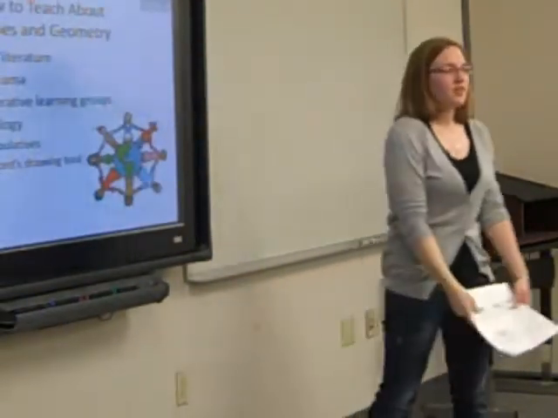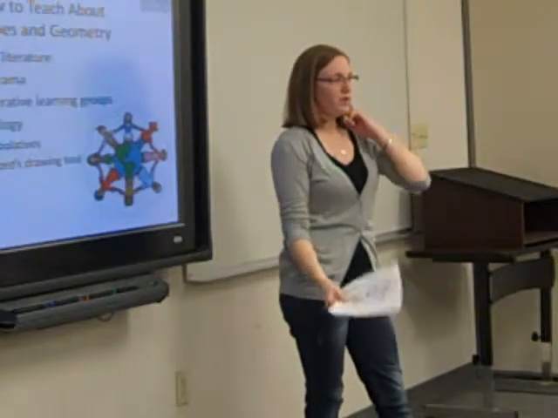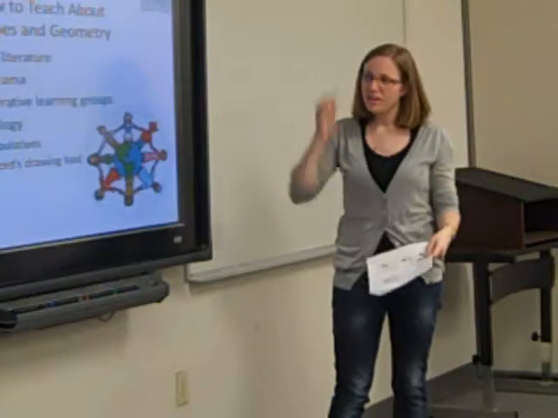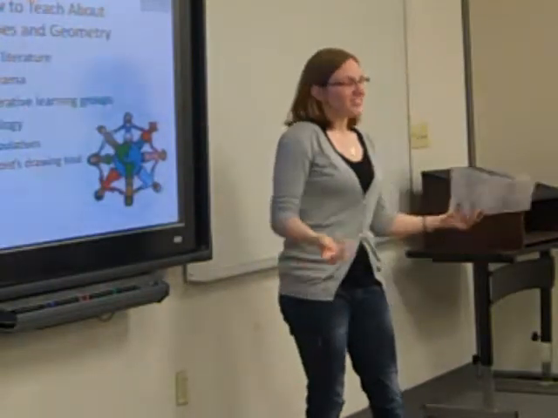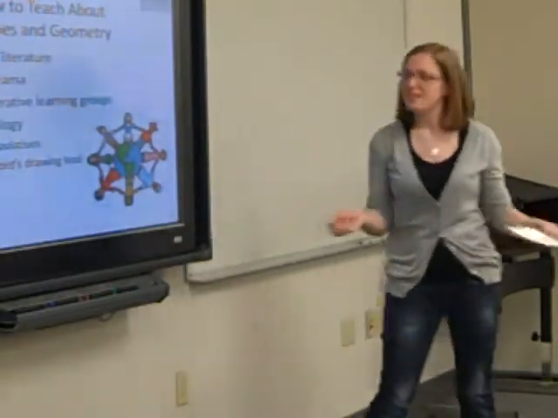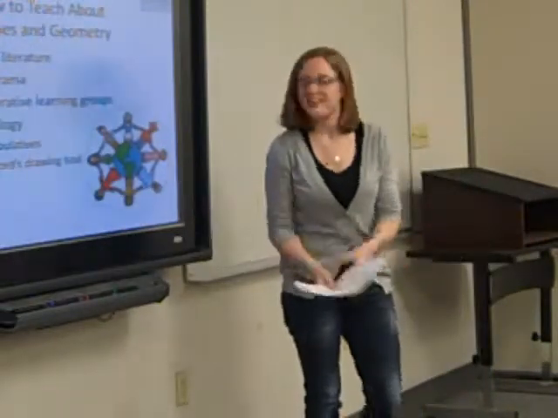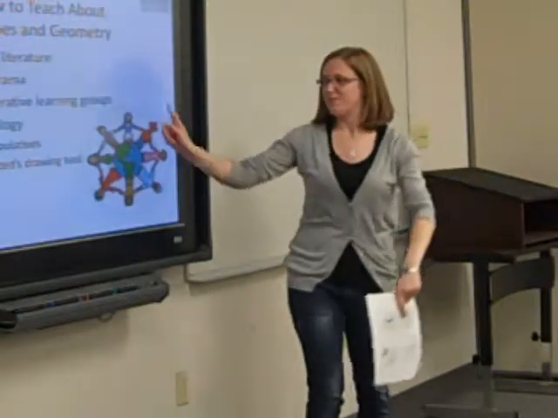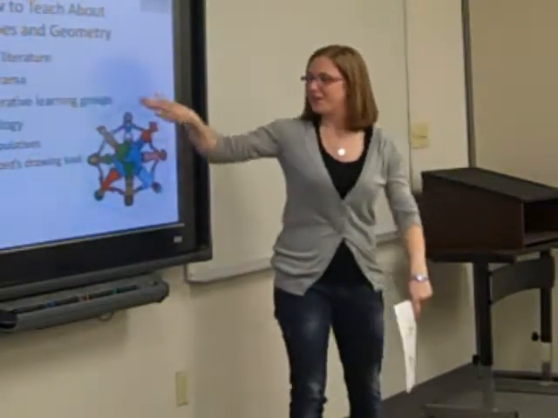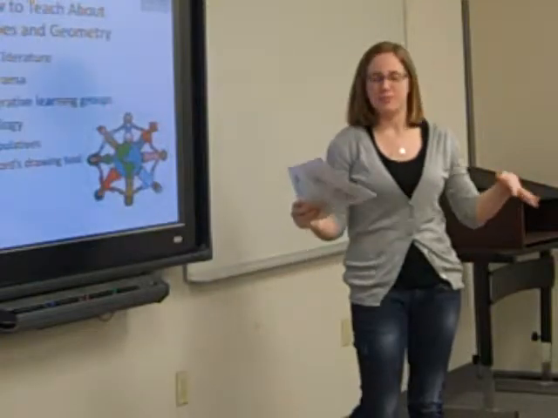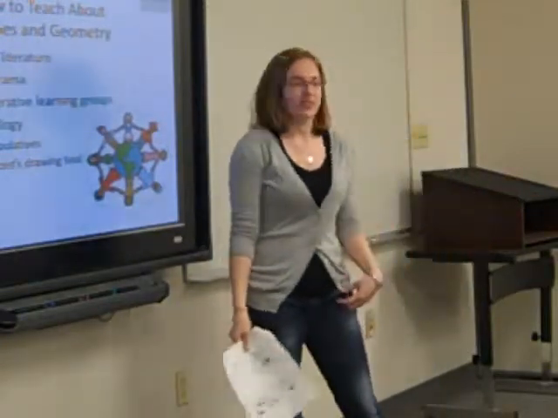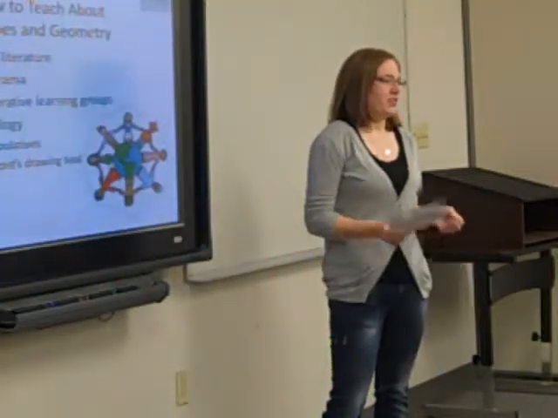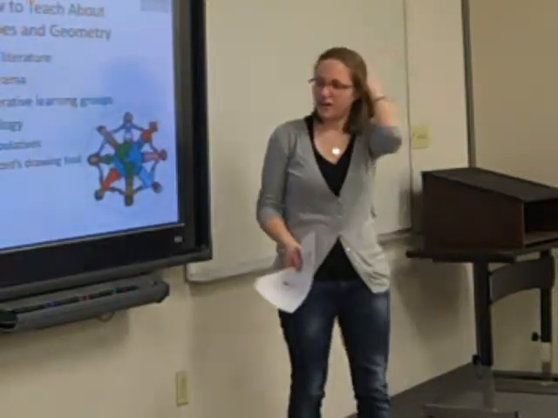So based on a bunch of articles I've read, I've come up with some of the key ideas for how to go about teaching about shapes and geometry. The first is using children's literature, as we had to do in this project. Incorporating drama, like having kids stand up and hold hands and create shapes, so this would be a circle or an octagon, just having them stand up and move around. Cooperative learning groups for social interaction, and using technology like virtual manipulatives, like I'll show you later,